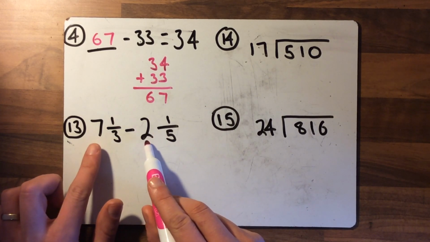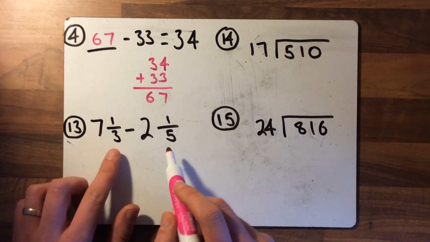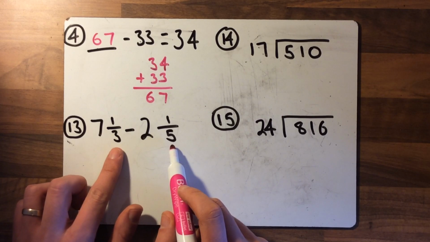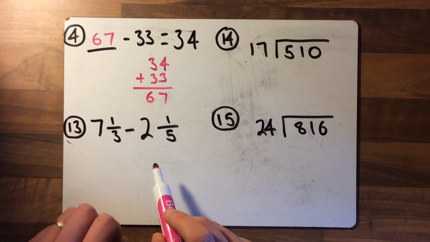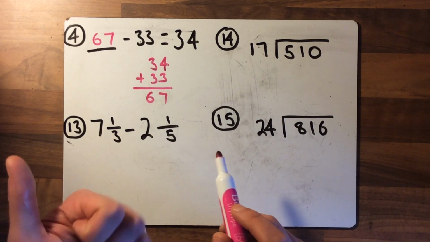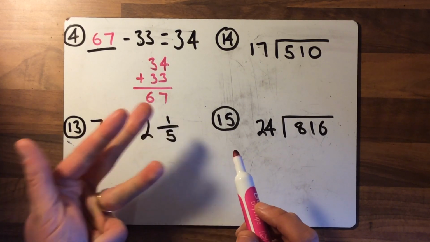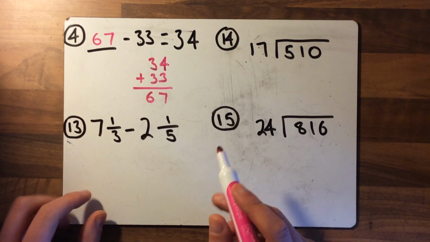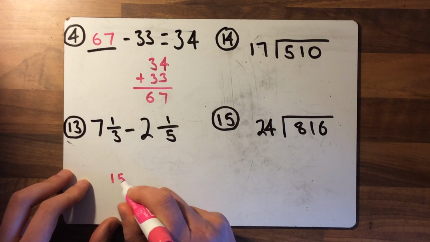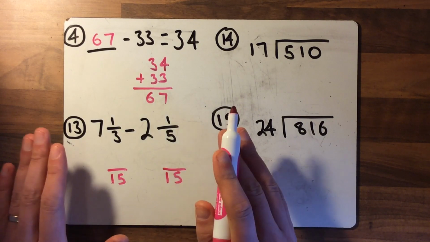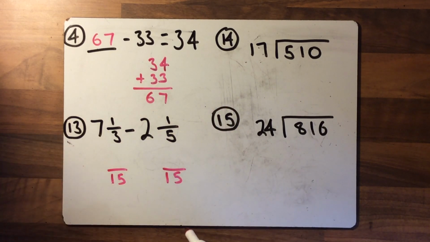So if we ignore the whole numbers now and just concentrate on the fractions, we've got 3 and 5. So we need to find the lowest common denominator, the lowest number that is both in the 3 times tables and the 5 times tables. And hopefully you've realised that it's 15, because if you do your 3 times tables, 3, 6, 9, 12, 15, do your 5 times tables, 5, 10, 15, 15 is the lowest one. So we are turning both these fractions into the denominator of 15. They're still going to be equivalent fractions, still going to be the same size, but we change the denominator to